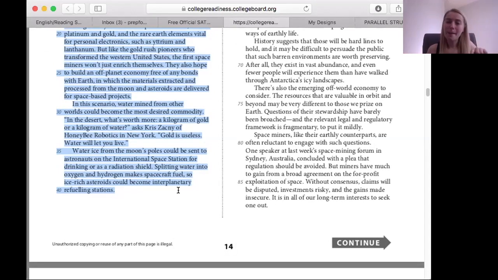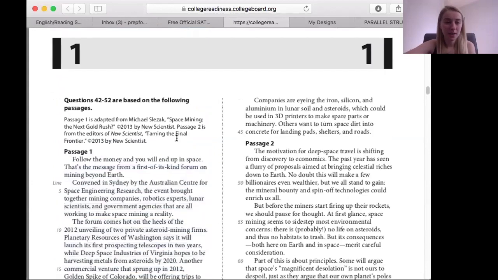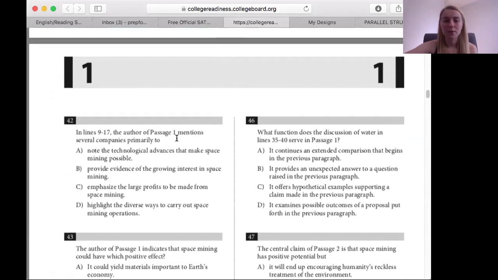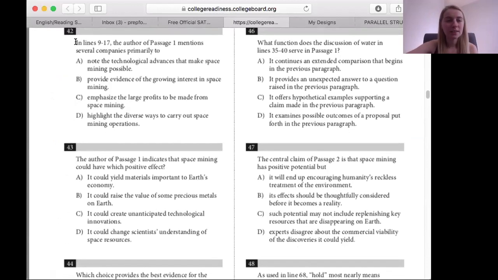So when you're at the end and you only have a few minutes left and maybe you have a whole passage left, this is the strategy for those people that are struggling on the time. Go to the line reference questions. So if I get to this passage and I say, uh-oh, I have 3 minutes, I don't know what to do, what I'm going to do is scroll down to the questions. Take a look at this. I say, in lines 9 through 17, the author of passage 1 mentions several companies, primarily 2. Okay, I know exactly where that question is located. It's 9 through 17. So I could go back and read 9 through 17, hopefully get the gist of it,